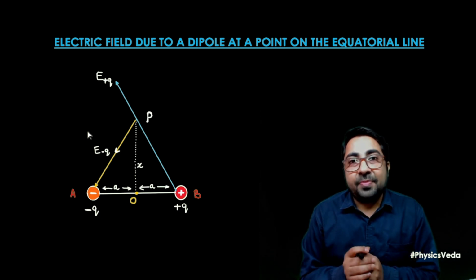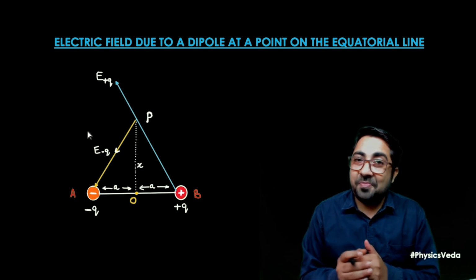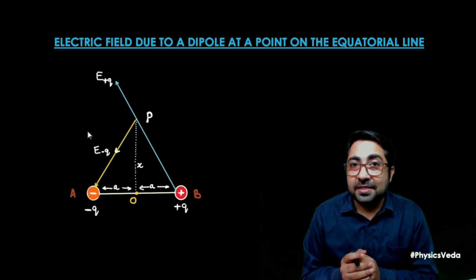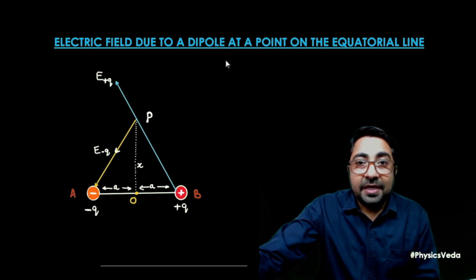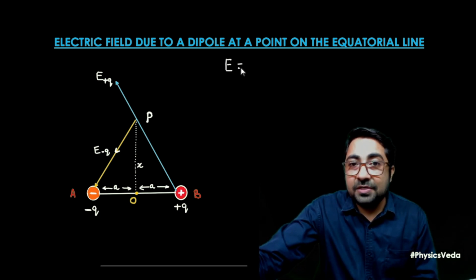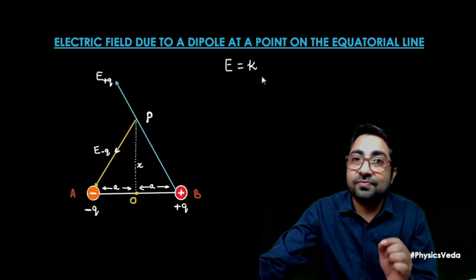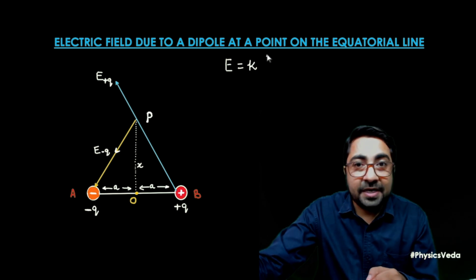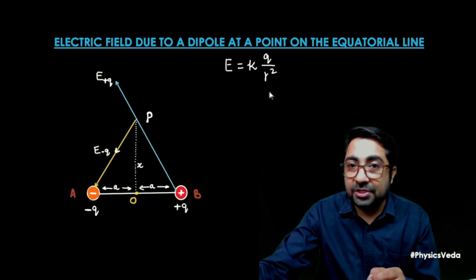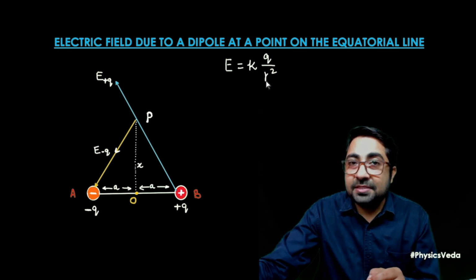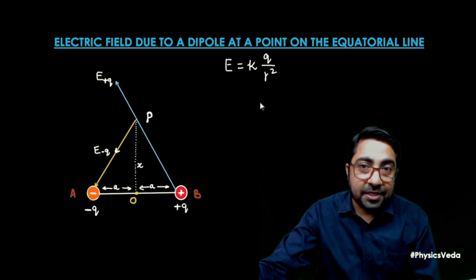One more thing, for calculation of electric field intensity we have only one formula, that is the electric field intensity due to point charge, and it is electric field E is equal to that constant, and that constant is what? Coulomb constant, that is 1 upon 4 pi epsilon naught, that is Q upon R square. This Q is the source charge and R is the distance at the point where we have to calculate the intensity.